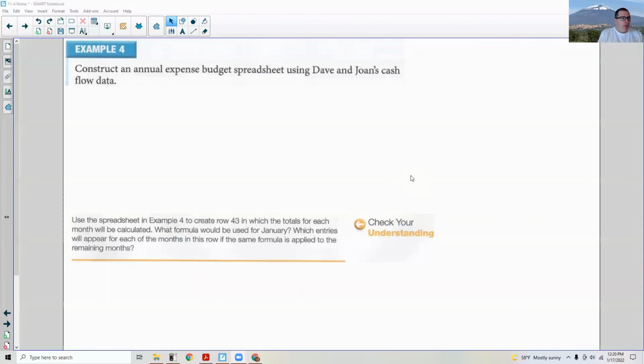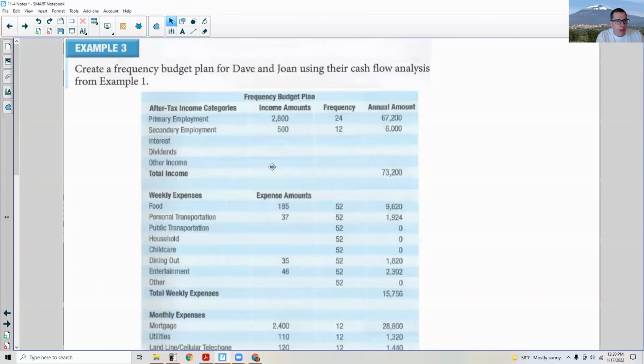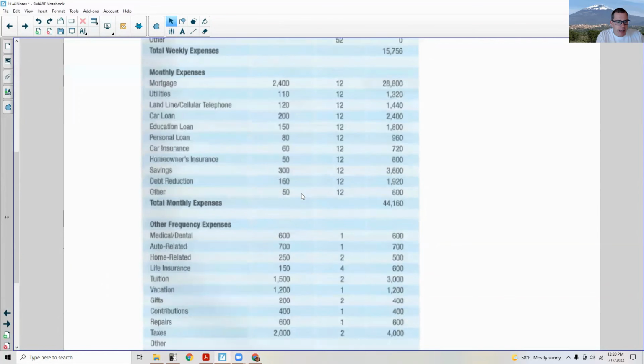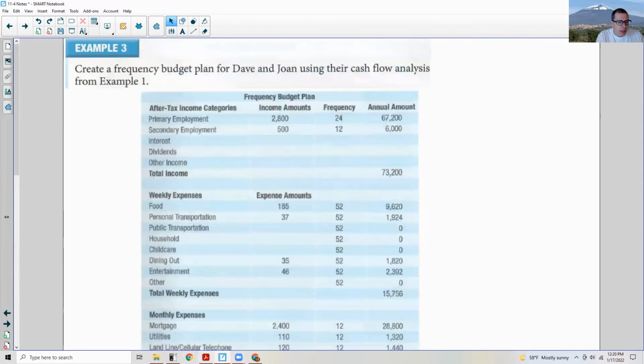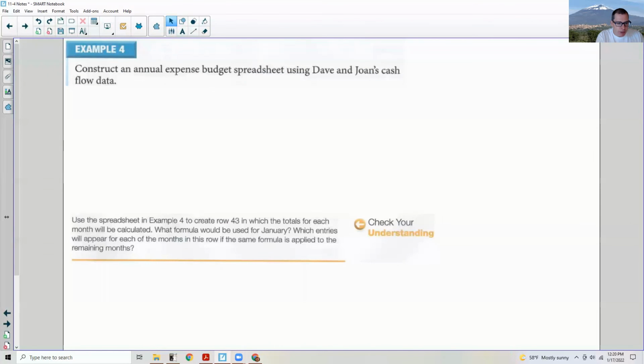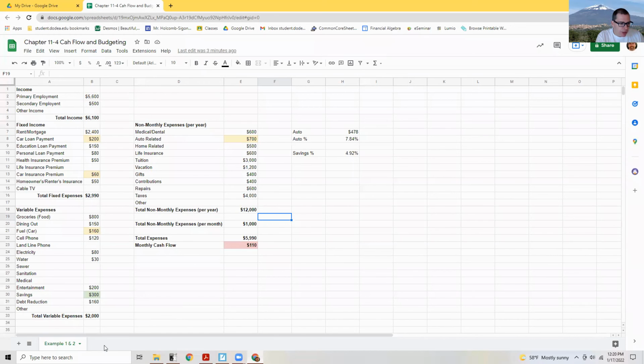Okay, so now example 4 asks us to construct an annual expense budget spreadsheet using Dave and Joan's cash flow data. So I am going to use this information here out of the text, and I'm going to recreate this in the spreadsheet. So it's good practice to do this. So let's go back to this page, and here we go. So what I'm going to do first is I'm going to click on this,